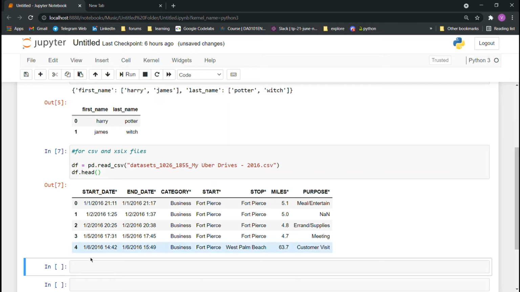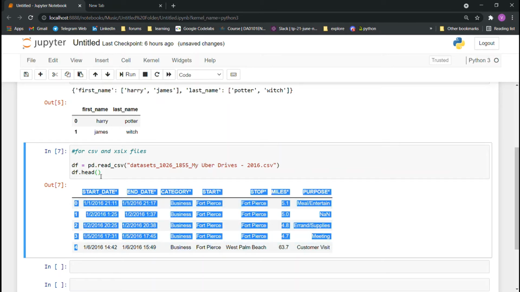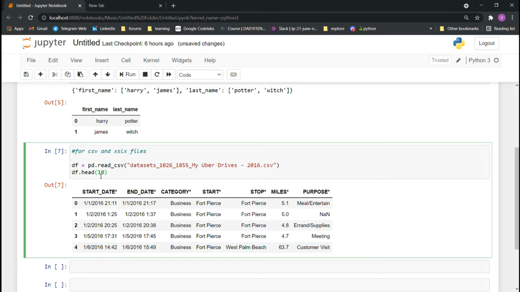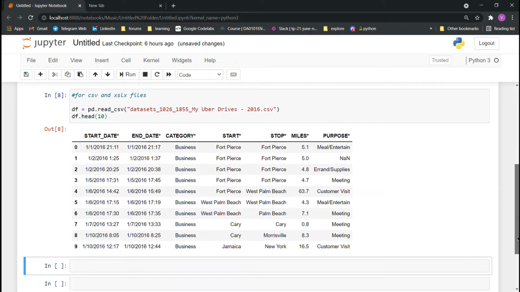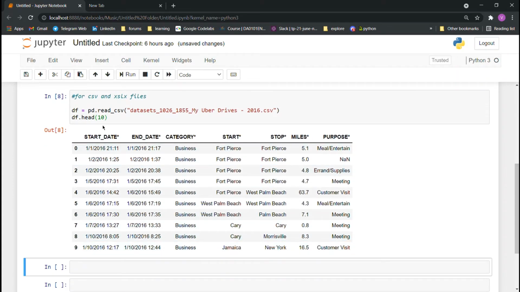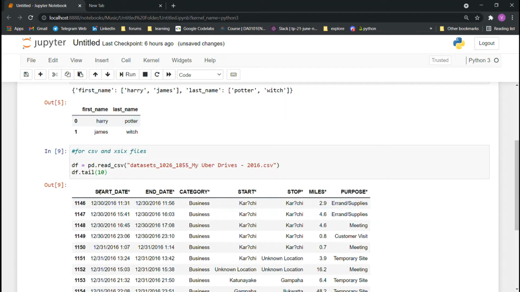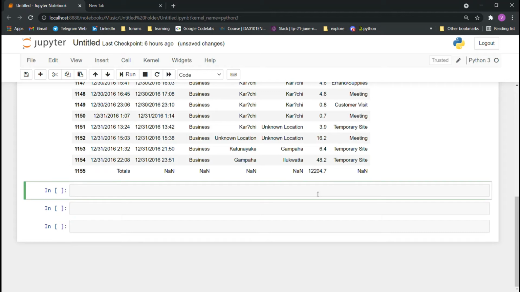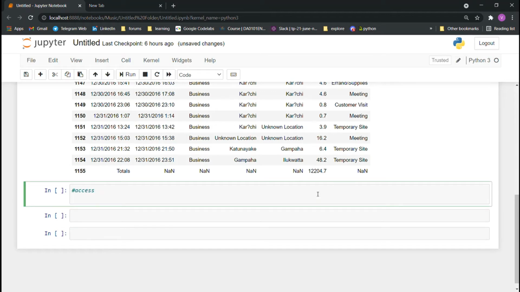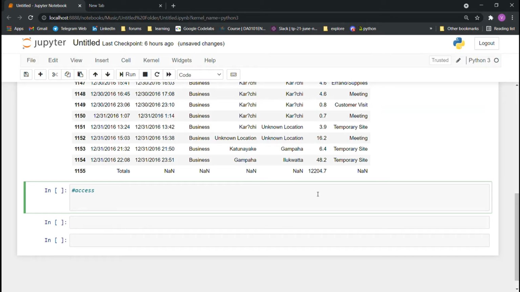For accessing top elements we use df.head. The default is 5. We can pass a parameter, so here we pass 10, and we get the top 10 elements. To access bottom elements we use df.tail. To access the data we can go via rows or via columns.